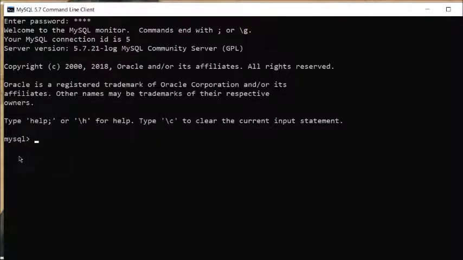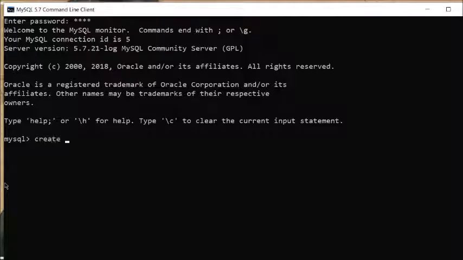Now here we will start writing commands. The very first command which you have to use is to create the database. You can consider a database as a box. A box contains pens and pencils. If you want to keep pen and pencil, first of all you have to take a box, open the box and keep the pens and pencils. So the box can be considered as a database. First of all you have to take a box, meaning you have to create a database.